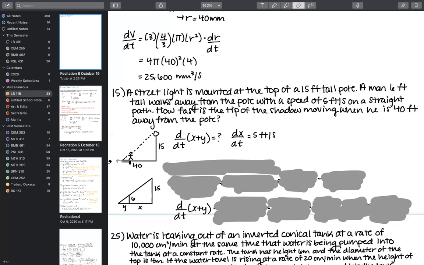So he's still moving, and the shadow, when you get further and further away from a light, the shadows get less and less clear, right? So the rate of change is going to change as well. And so what's important about all this and drawing the diagram is being able to break this down into these